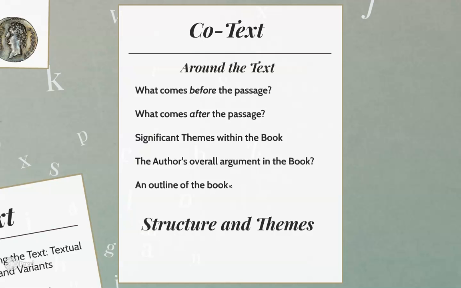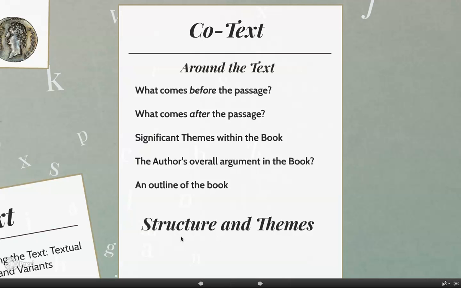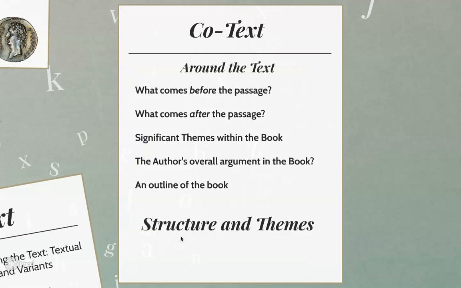We'll take a look at some texts in our next lecture that might make sense of what these sorts of observations do. And what I want to focus on when we look at a book as a whole, a good macro reading of a book, I always encourage my students to look at what the structure of the book is and what the themes in the book are. So how is the author structuring their argument or their presentation, and are there significant themes that show up in whatever portion of the book we're talking about?